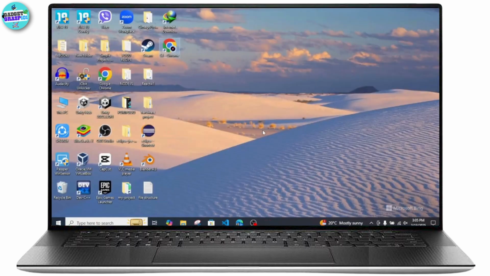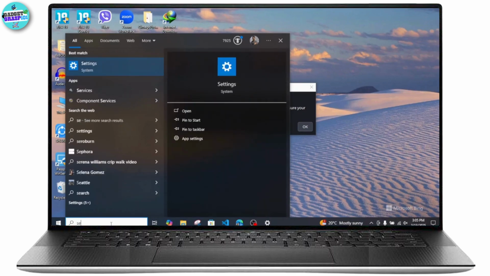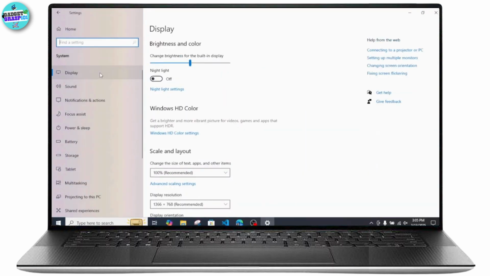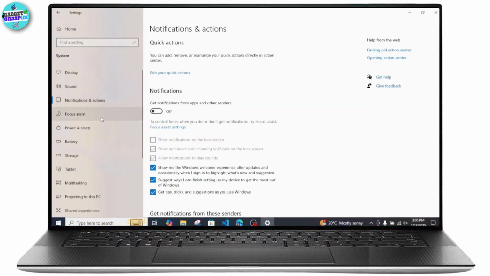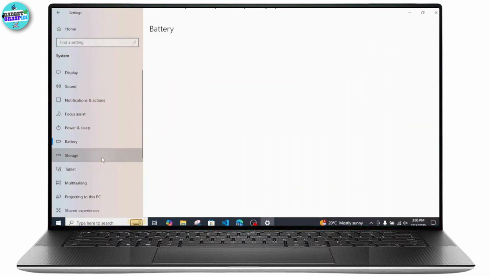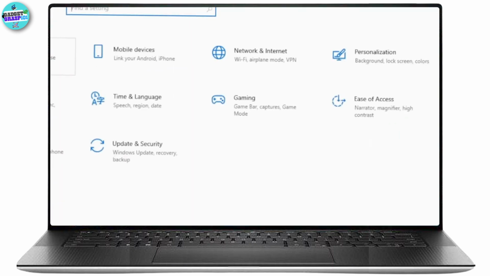So if you are completely new to your laptop, for general settings, what you can do is simply search for settings from this search menu, and you can learn more about your system like this using your display option, or you can also change your sound settings, notifications, or you can also select your power and sleep option regarding your battery option, and you can learn more about the storage option on your devices and your battery power and everything else. So you can also learn about your Bluetooth and printers or mouses, or you can link